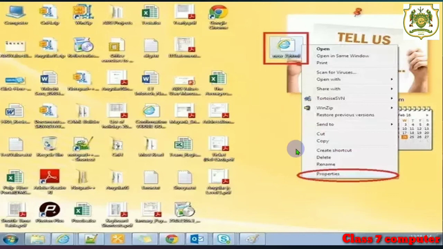So this way we can save the HTML document, and we can view it through any of the web browsers mentioned. So this much is for today, students. In the next class, we are going to learn a small coding.